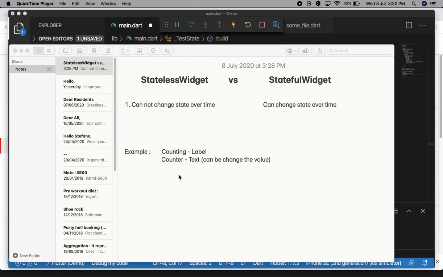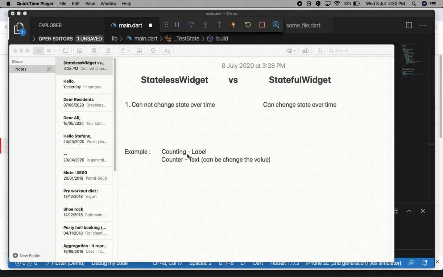So here is an example by which you can understand the stateless and stateful widget. If I have two texts, one is a text view that has the label counting, and it will be the same over time.